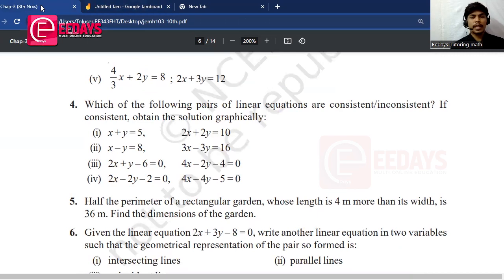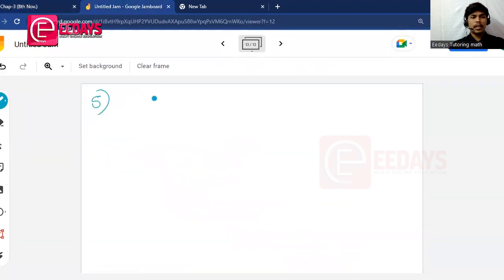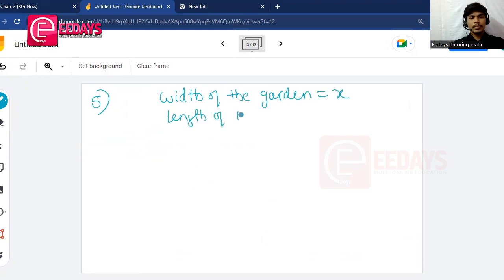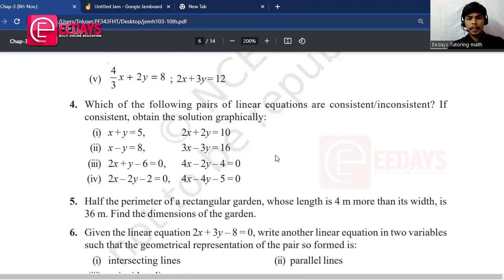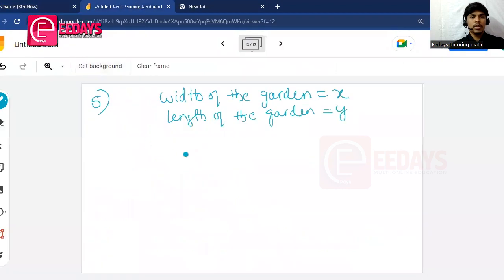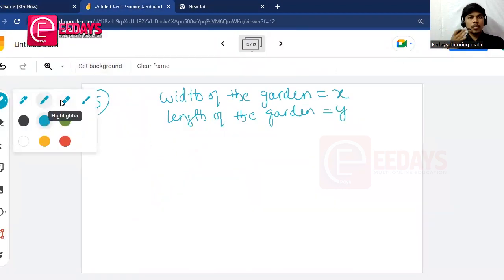Half of the perimeter of a rectangular garden, whose length is 4 more than its width, is 36 meters, they have given. First, we don't know the length and width of the garden. Let's take the width of the garden as x, and the length of the garden as y. As we know, the length is more than the width by 4. Length being 4 more than width is nothing but the difference between length and width, which is 4. So that's why we can write